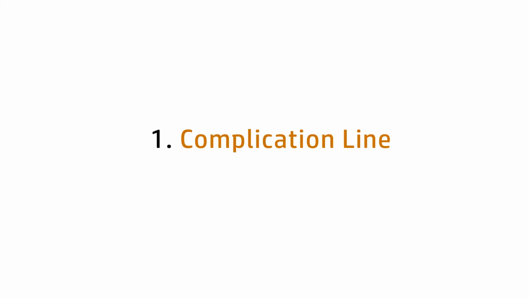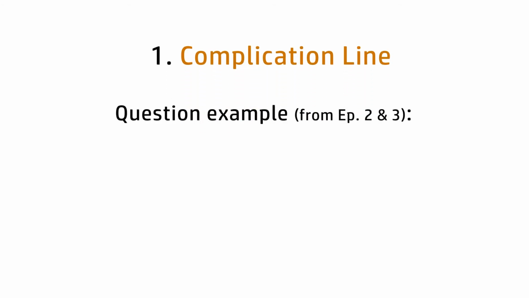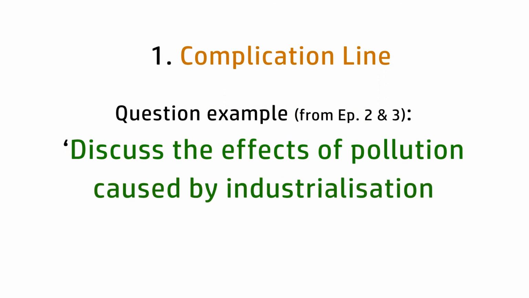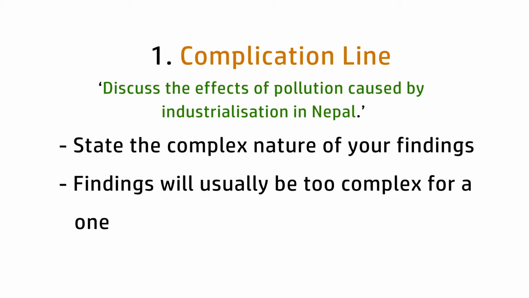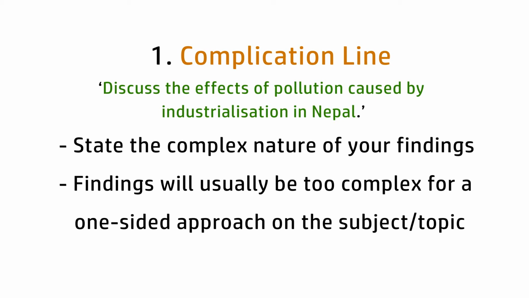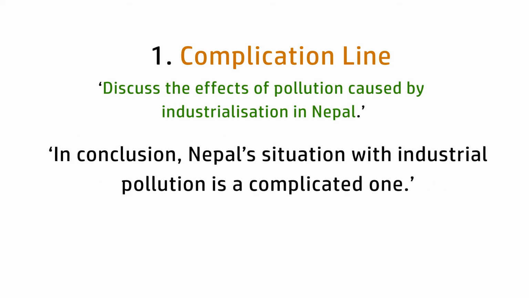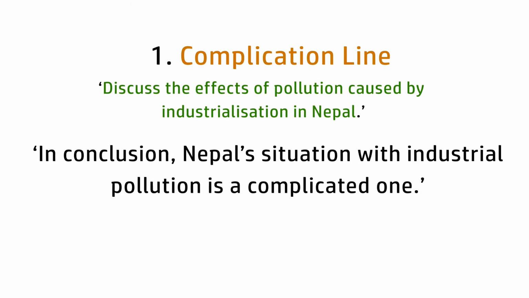1. The complication line. Let's refer back to the example assignment question from episodes 2 and 3. Discuss the effects of pollution caused by industrialization in Nepal. Begin your conclusion by stating the complex nature of your findings. Very rarely will your findings be so simple that you will take a one-sided approach with ease. To show this, you can write something along the lines of, in conclusion, Nepal's situation with industrial pollution is a